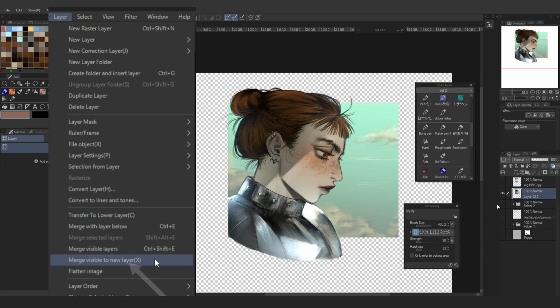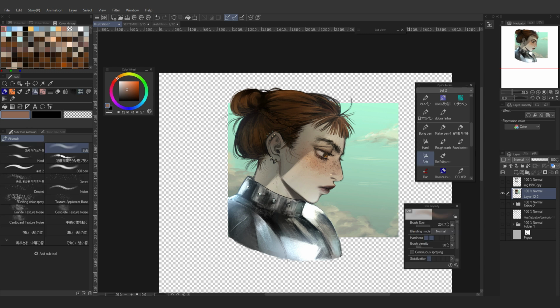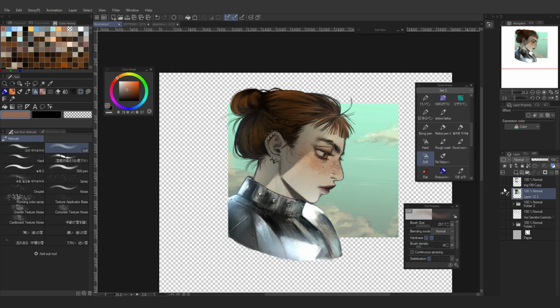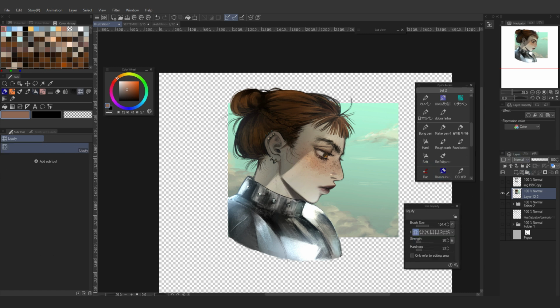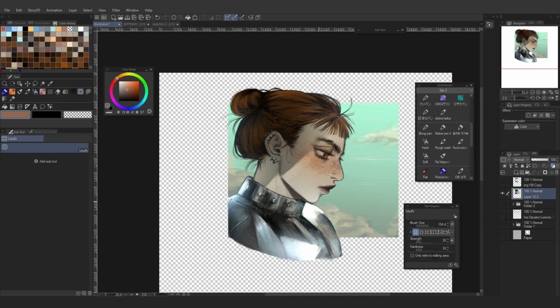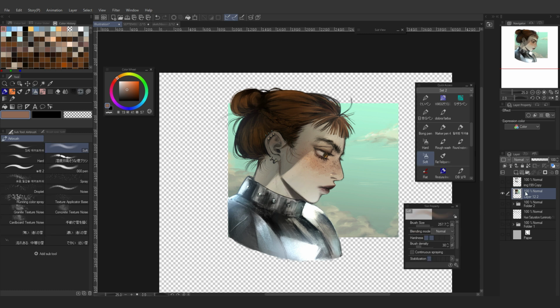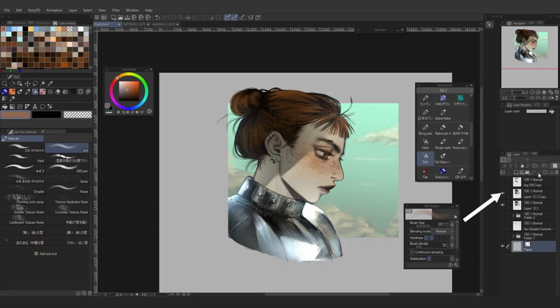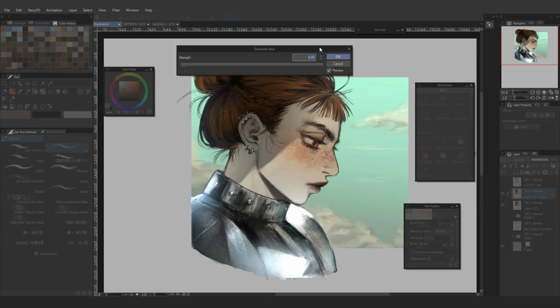I don't flatten the image because I feel it's important to keep a backup in case you mess up or forget to fix something in the individual layers. Now I'll go in with the liquify tool and move things around a bit. Then I'll duplicate the layer, and to achieve a soft glowy look, I use Gaussian blur on it. And I put the strength high enough until it looks like how I see the world when I don't have